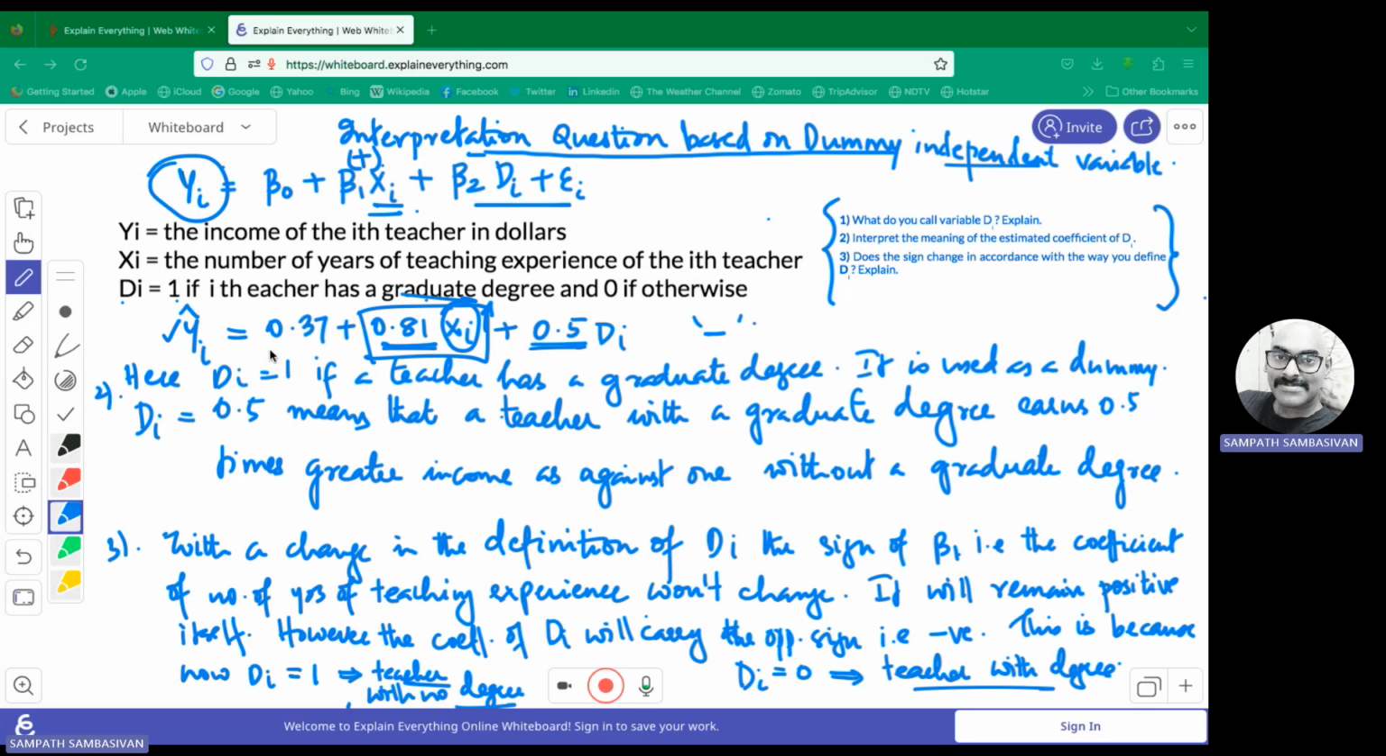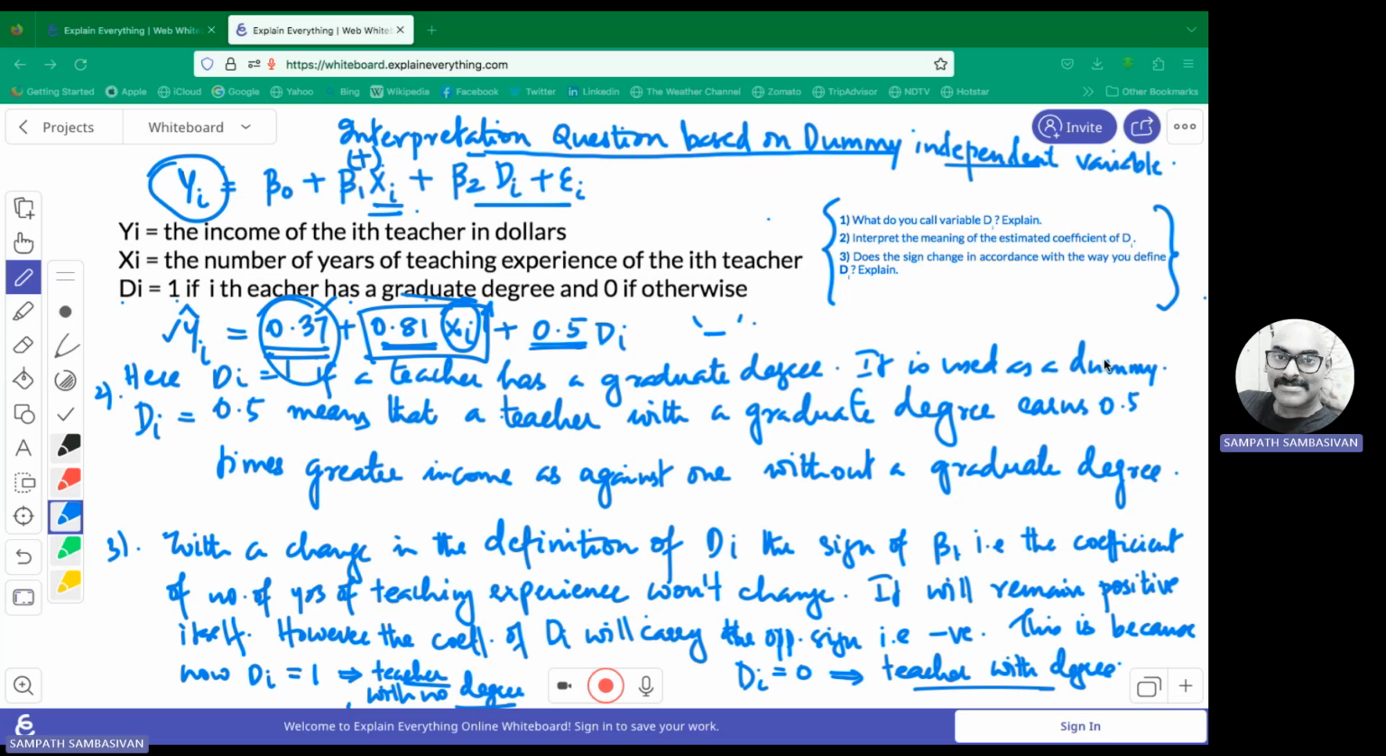And also, even though we don't consider this for interpretation, this intercept value will also change with a change in the definition of the dummy variable as such. Okay, that's how you write an explanation for this kind of question that comes. Okay, so that's the way you interpret a question where you get